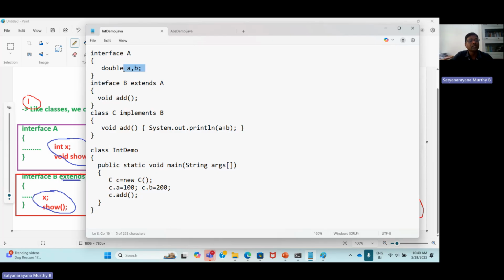So now the variables A and B are there. Now A and B are inherited into interface B. Now interface B consists of one method that is void add. When I extend B to A, now B acquires A and B also. So the members of this interface B are variable A and variable B, and next one is the add method. Okay. So now the class provides implementation for this method, that is A plus B. Okay. So now when you compile this,